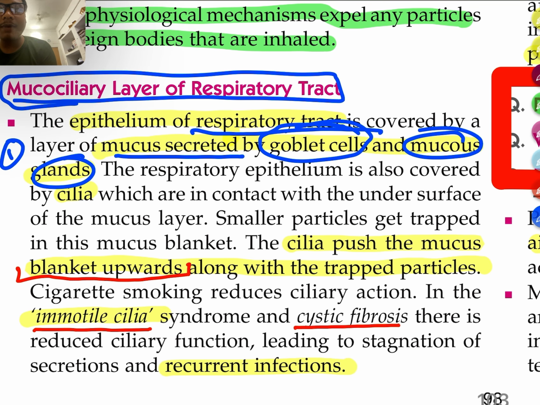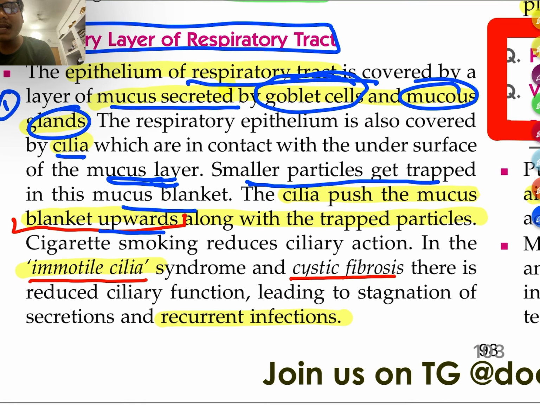Next, the respiratory epithelium is also covered by cilia, which are in contact with the under surface of the mucus layer. As we studied earlier, the mucus and the cilia both help. First is our mucus, which gets secreted by the goblet cell and mucus cell, and second is our cilia, which is present just below the mucus. Small particles get trapped in the mucus blanket,